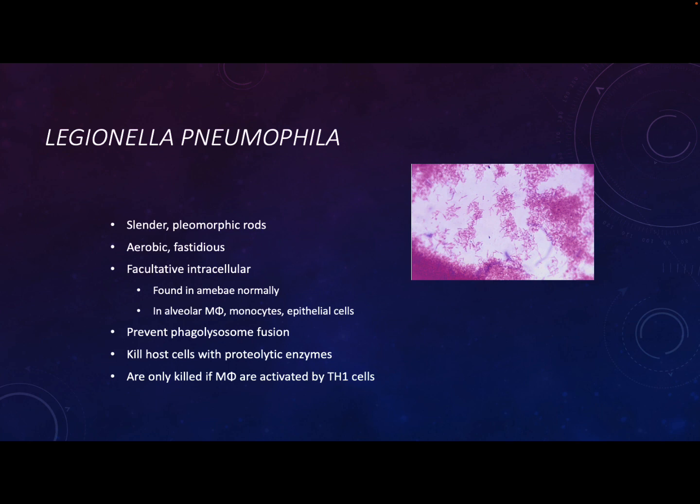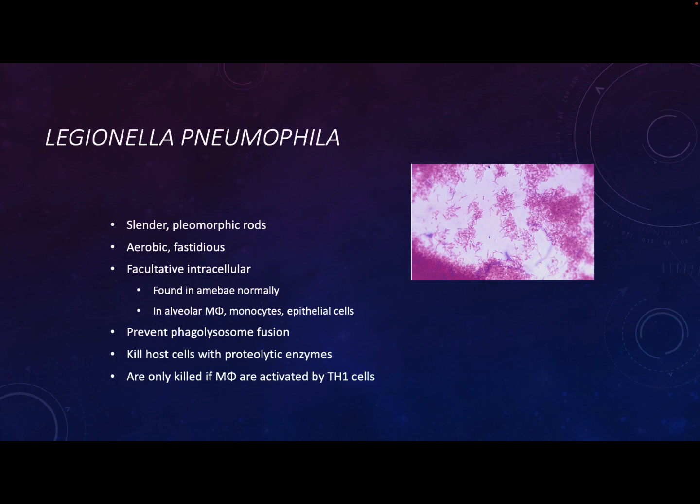So we are in the section on miscellaneous gram-negative rods. We talked about Francisella at the end of Wednesday, and we're now in a genus called Legionella. So Legionella is generally a respiratory pathogen. Of course, they're gram-negative, right? We're in that gram-negative group. They're aerobic, and they have fastidious growth requirements, so they're not just going to grow on anything. You have to sometimes give them a little bit more nutrition, either through blood agar or something like that.